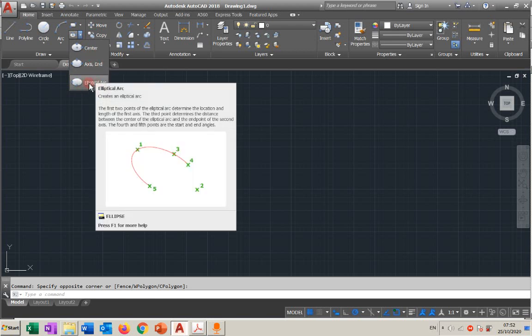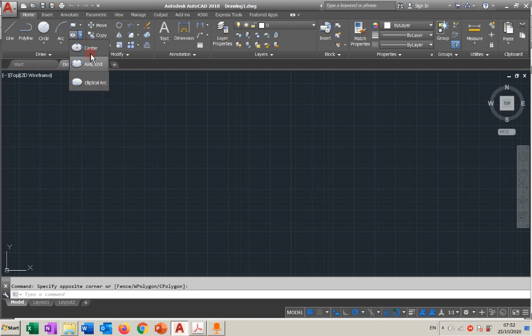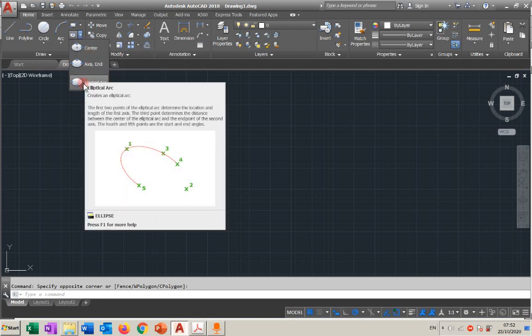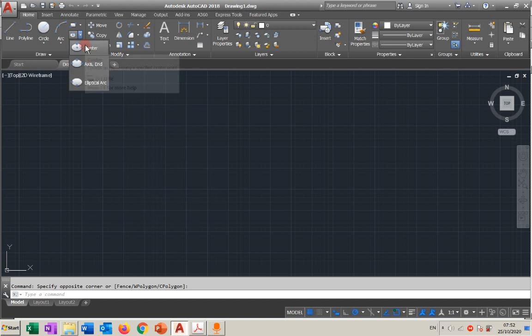We're not going to go for elliptical arc yet. Maybe when we start with arc, we'll come back to this one. But for now, we're going to just focus on those 2. This is not a full ellipse. That's a part of an ellipse. They're called elliptical arcs. We're going to show it to you. We have a different way to reach this state without using this command. So we have center and axis end, 2 methods to draw